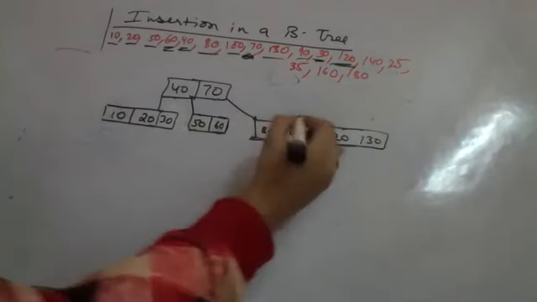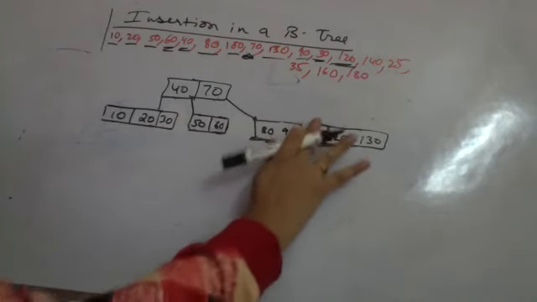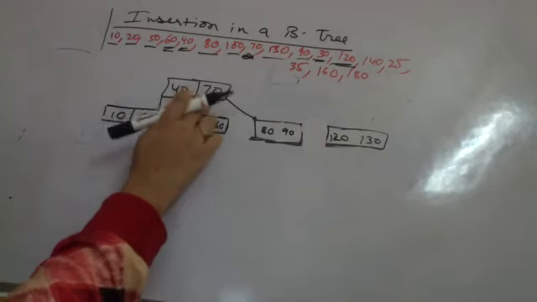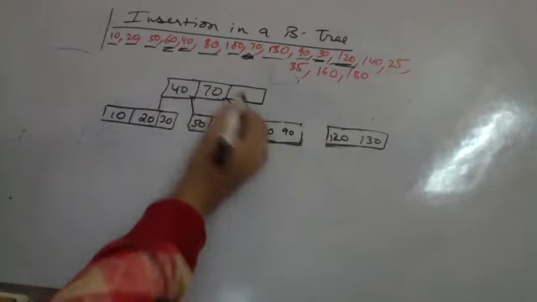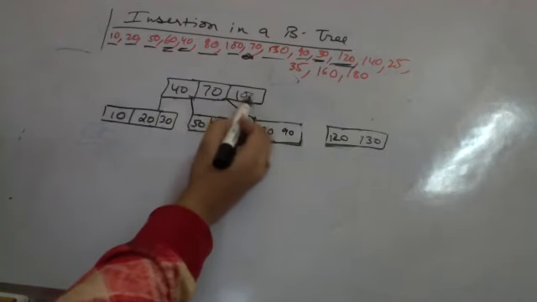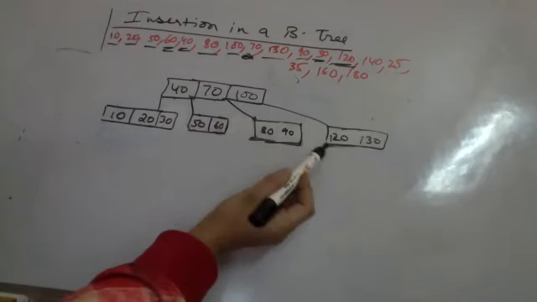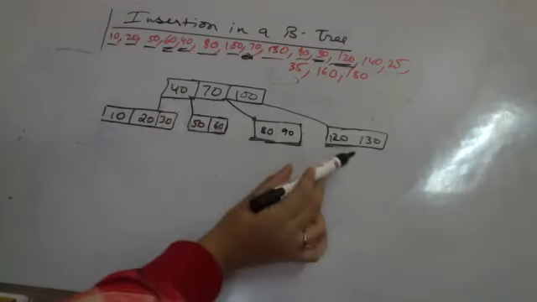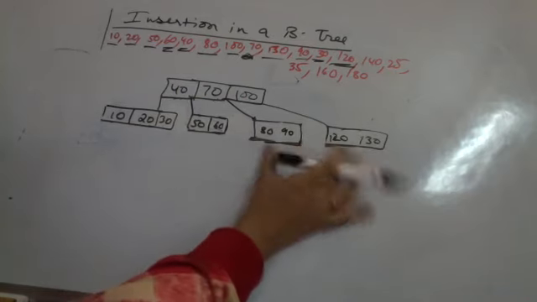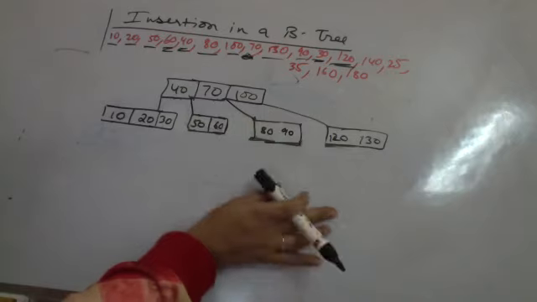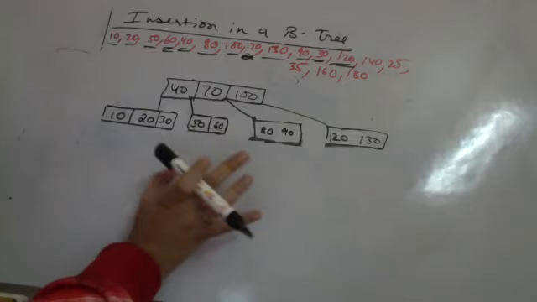I will again break from the median. So I break this median and I move it to my parent node. Parent can still have keys. There is a possibility my parent node can still have keys. So I move this here. If you see, whenever I am increasing a child, I am increasing a key. M minus 1 keys for M children. This is holding during the insertion. Whenever the number of keys becomes too large, I am moving to the parent. When there is no space left in the parent, I will do the same to the parent also. We will just see how.